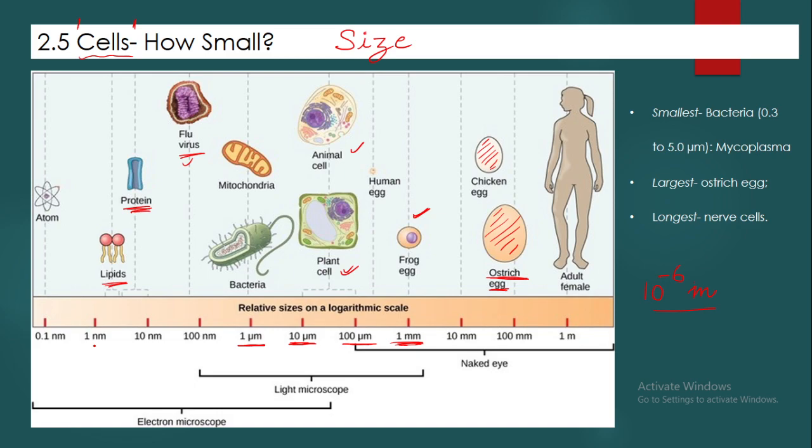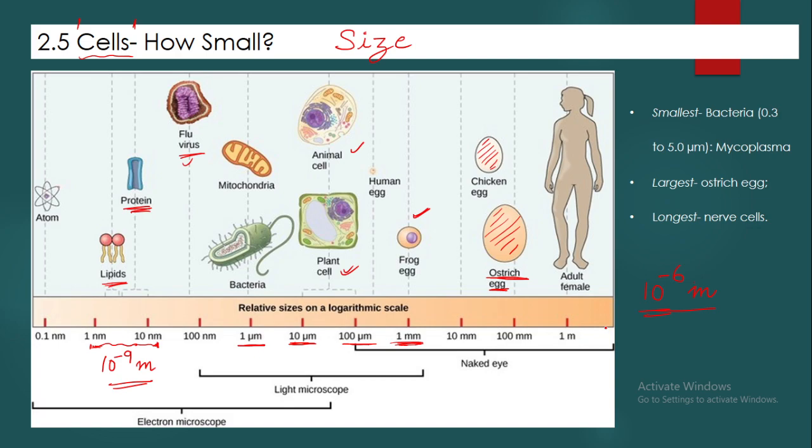Million and billion are American English, but these days we are using 1 million very commonly. In India we say lakhs. 10 lakhs is 1 million. So here, 1 nanometer, 10 nanometer, the range of the biomolecules.